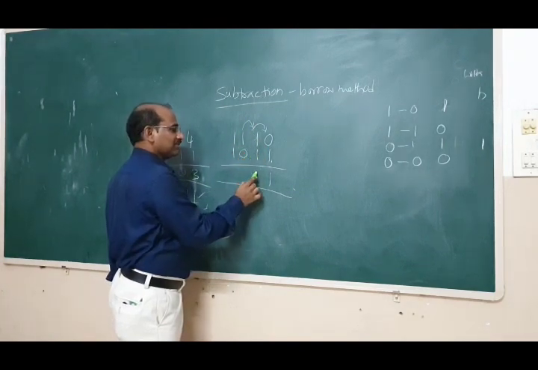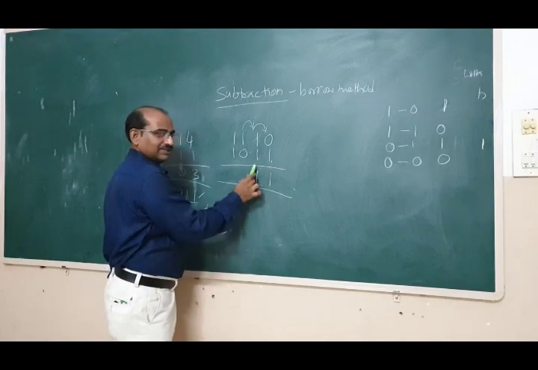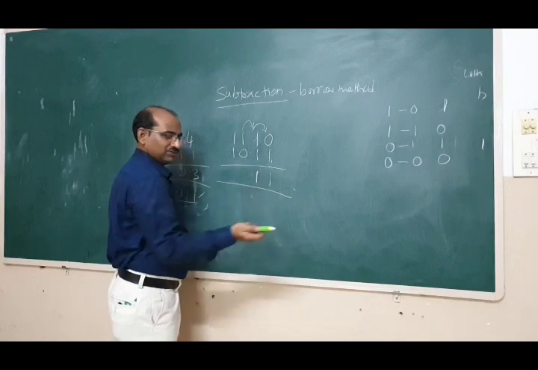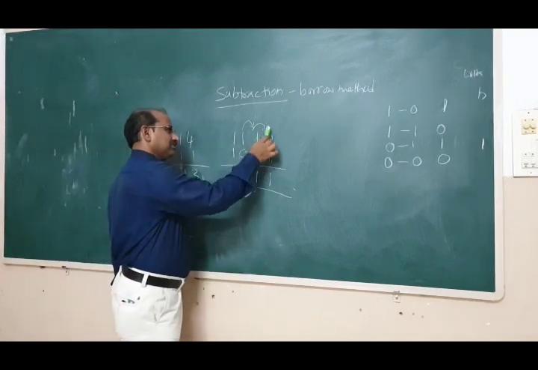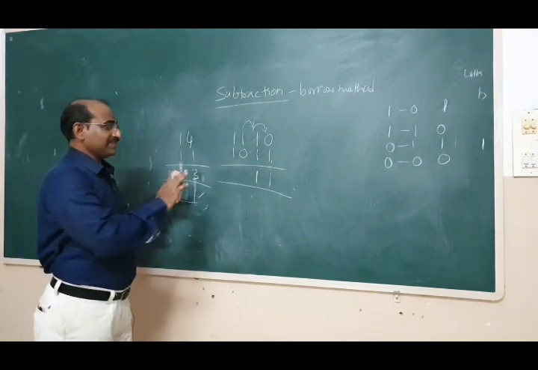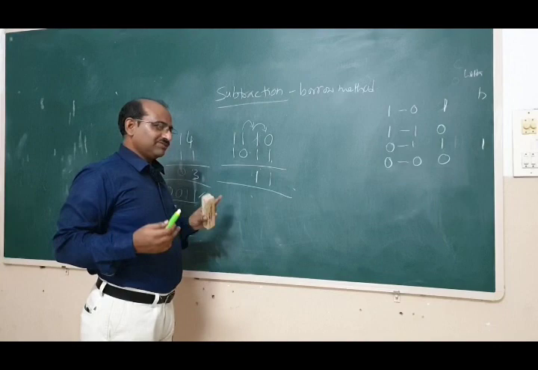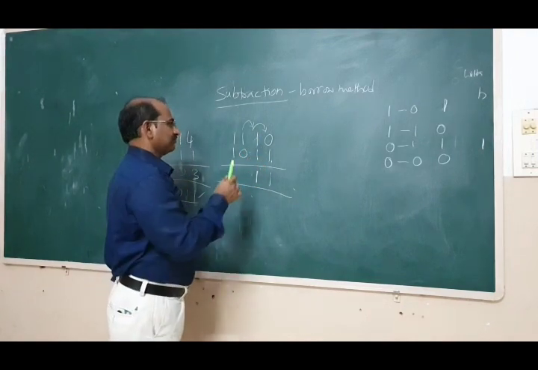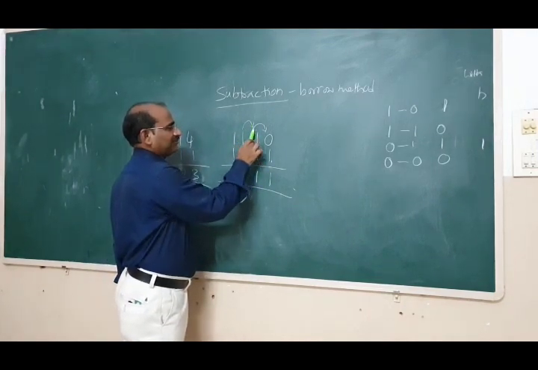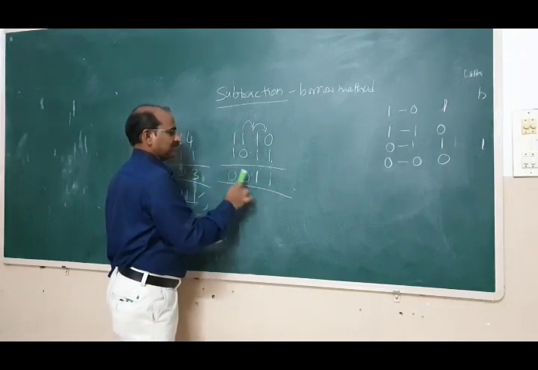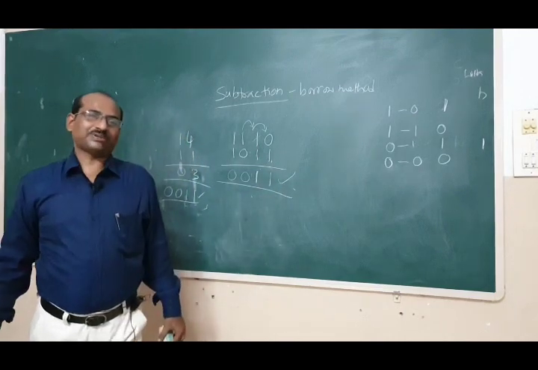4 minus 1 is 2, and the value when you write here is, if you write 1 here, that means the place value is 2, 2 into 1, 2, right? Or you do the subtraction in earlier fashion. Okay, this is the actual logic, right? Whatever you feel easy, you follow. Now again we will discuss in the previous method, previous logic. Here this is 0. When you borrow a 1 from here, this is 2. 2 minus 1 is 1. 0 minus 0. 1 minus 1, 0. So like this we will do subtractions.